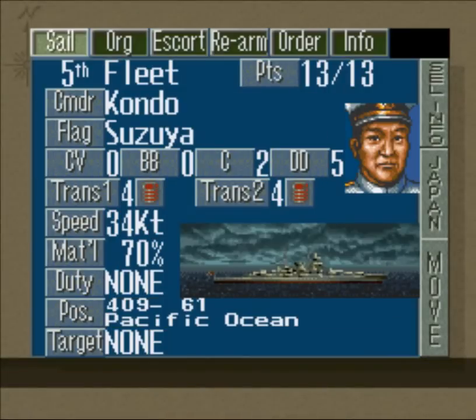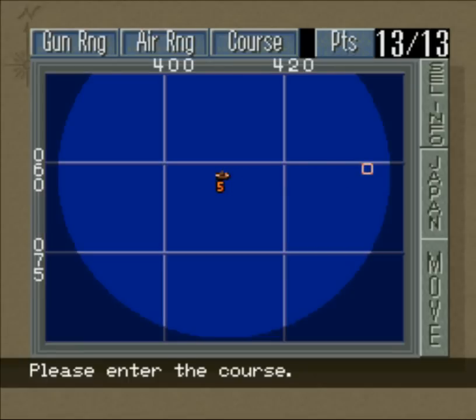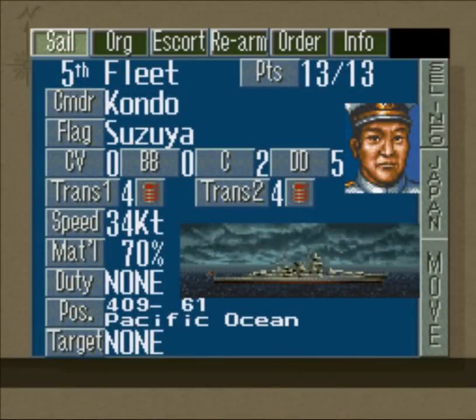Alright, so yeah, we're going to send them over, and we're also going to send another fleet over to deal with that obnoxious little fleet that showed up. Wait, is that even a good course? Well, I'll figure that part out off screen. We'll send this fleet over along with